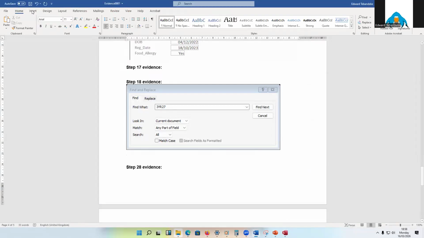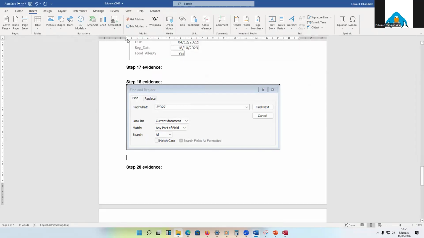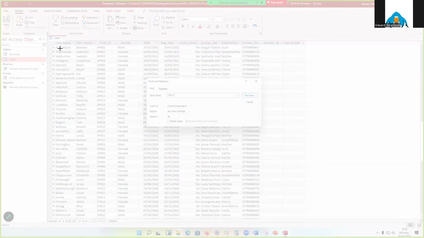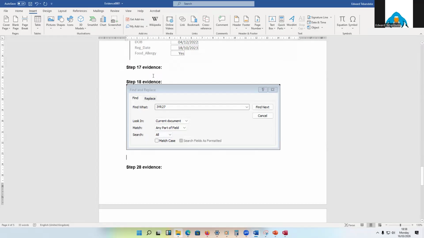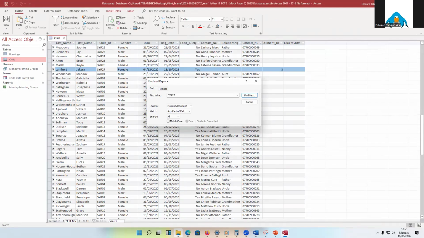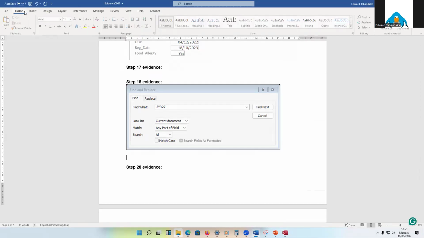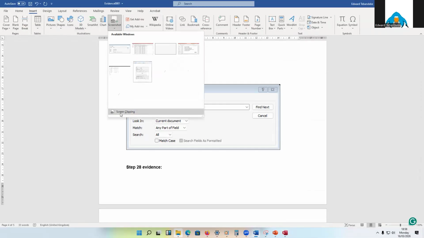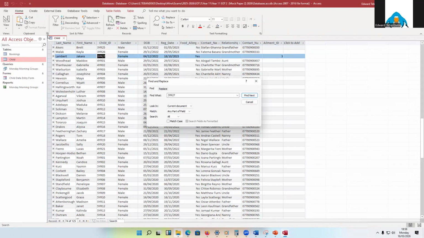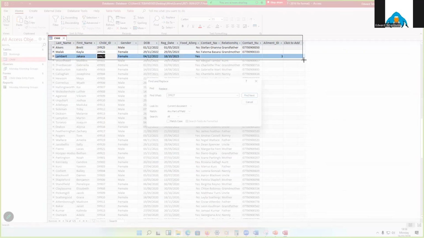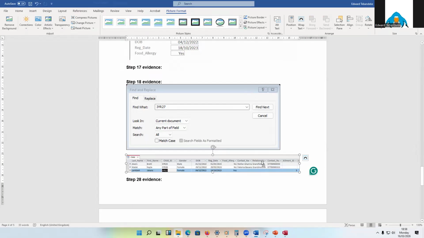Okay, and then I'll pick screenshot, screen clipping. Oops, sorry. Screenshot, screen clipping. Come here like that, up to there. Okay, so I do have everything